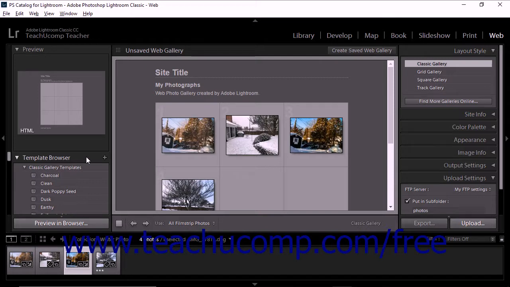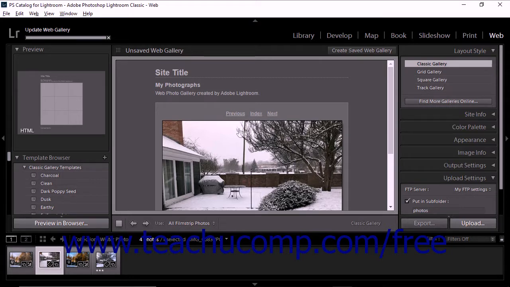The Web Module Toolbar appears below the image display area, and the film strip runs along the bottom of the screen. There is a Create Saved Web Gallery button above the image display area just below the module picker. The Web module has only one view available in the image display area. However, you can click on thumbnail images in the image display area and a larger version of the photo then